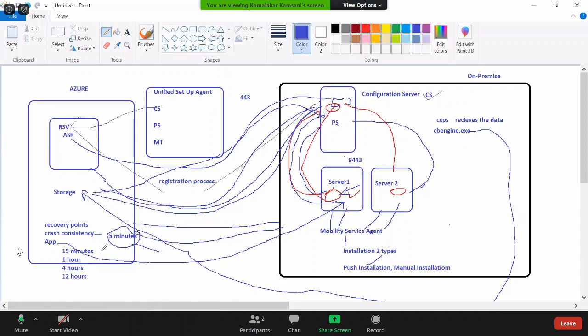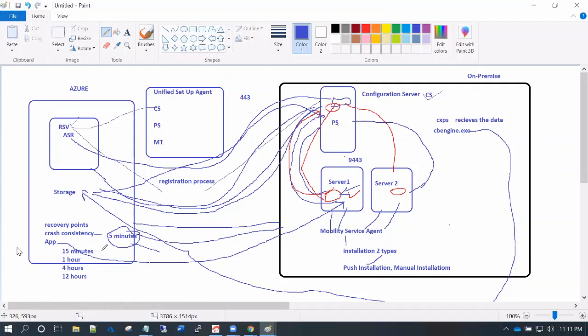So what you're saying is, if my applications are running on server one, let's take an example, that would be my app consistency. So whatever the application writes to the disks, it will write with the tags. So according to the tag, the replication will happen. It will take that particular tag, or what I can call a commit ID, and then it will make that particular consistency. Yeah, so you will see that ID in the Azure portal.